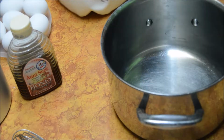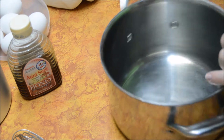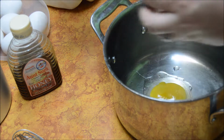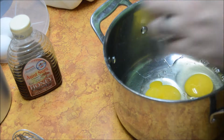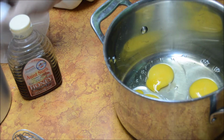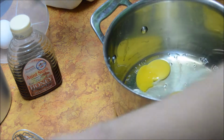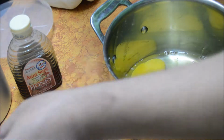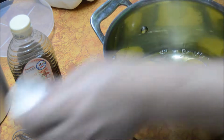Okay, so the first thing we're going to do is take our eggs, and this is 6 eggs, and this will make about 1.5 to 2 quarts. So take our eggs here in a heavy saucepan. So this is our Pampered Chef one. I prefer one that has an aluminum bottom so it distributes the heat better, but this is what we have for right now. So again, this is 6 whole eggs,